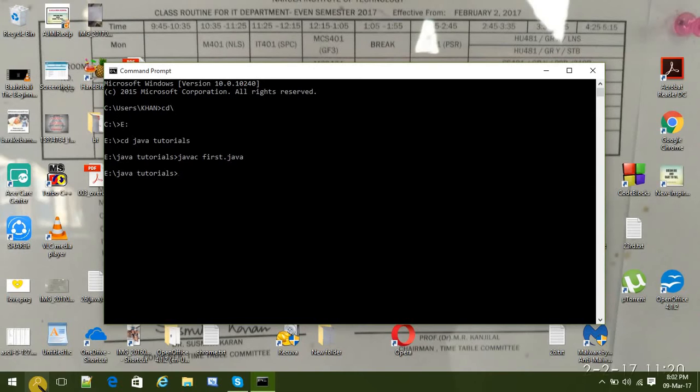That's why you are not getting any error. And then to run this program, just put the keyword java and the file name. Here we don't have to put the extension .java, just java then First. Then as you can see, here is our output, first program.